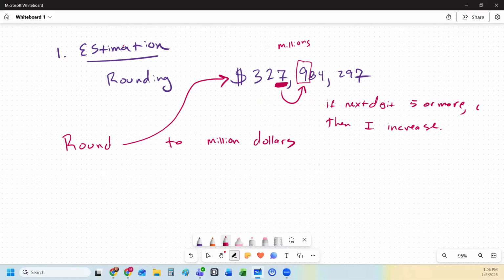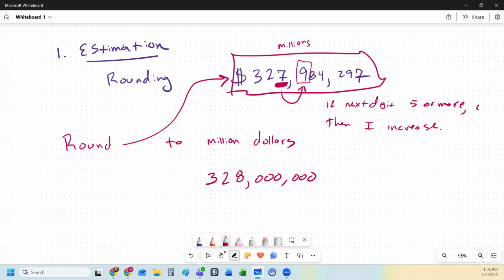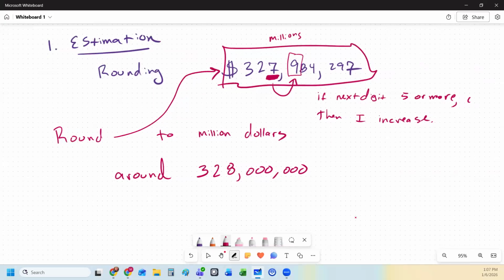So rounded to the nearest $1 million, that 7 increases up to 8, and then everything else just gets zero filled. So again, if I'm looking at my bank account and I've got all of this money sitting in there, I'm going to say that I have somewhere around 328 million, right? And mathematically, we have a symbol that denotes about or around, and that is an equal sign, but it's kind of a wavy equal sign. So it looks like that, 2 little waves, and so I would say that this is about 328,000, or sorry,